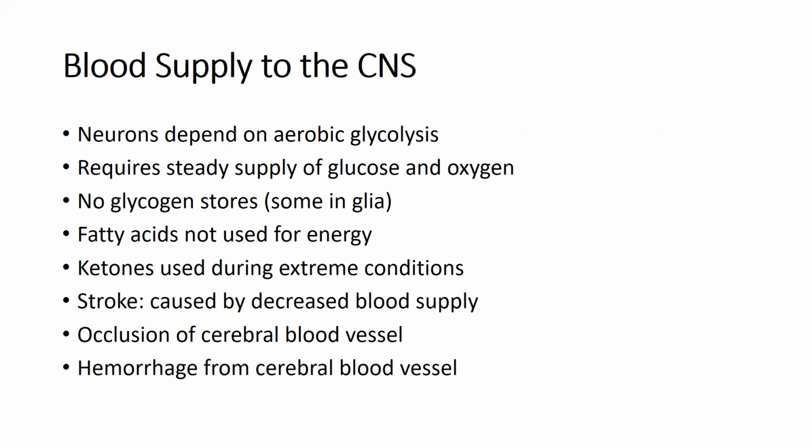Let me talk about strokes. This is caused by any interruption in the blood supply to the brain. So there are different types of strokes. We have occlusion of certain vessels, and we have hemorrhage in vessels. Right? So if we block a vessel that's supplying the brain, that brain tissue area will not get any oxygenation. It will die very quickly. It takes about a few seconds for the brain tissue to die or be